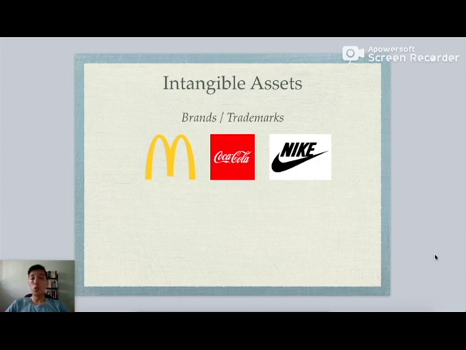Can you just imagine, okay, the owners of these three companies just walk up to you one day and tell you, hey, I have a company, I have this brand, I would like to sell it to you. Alright, okay, will you like to take it? And you just ask, what company is it? For example, my company is called McDonald's. Will you like to buy over this brand? And you just ask, how much will it cost? Just think about it, it can easily cost you millions or even billions of dollars just to buy over this brand alone.